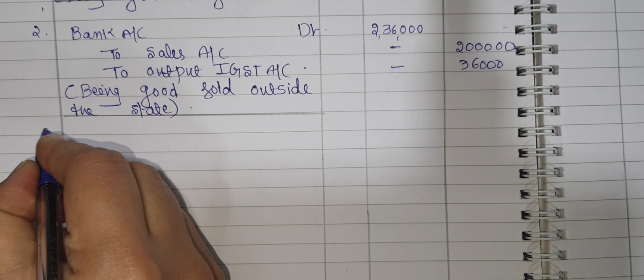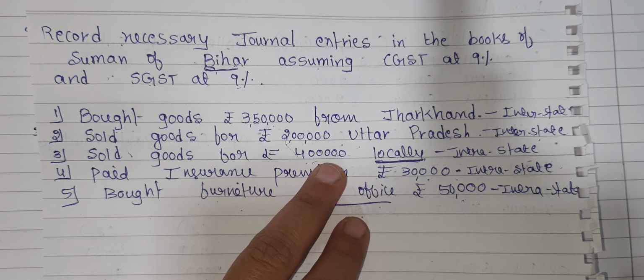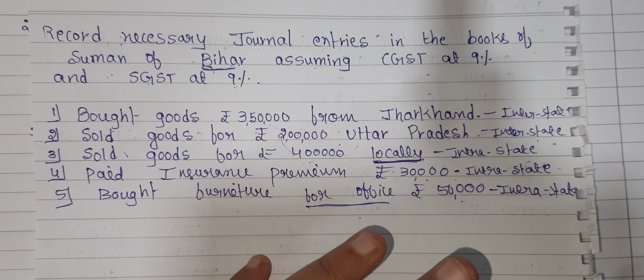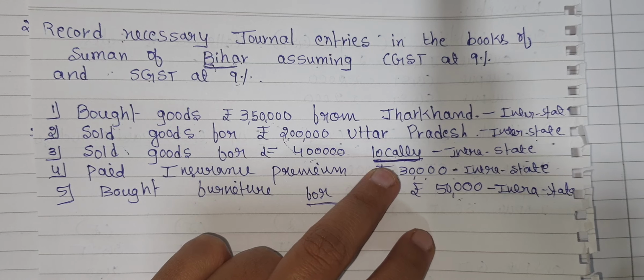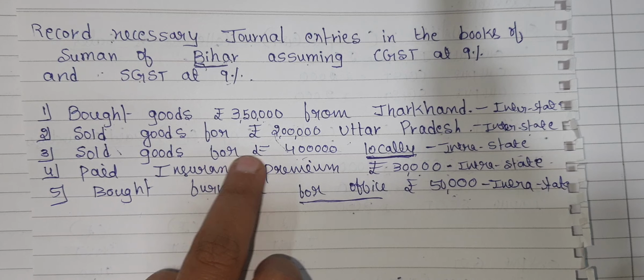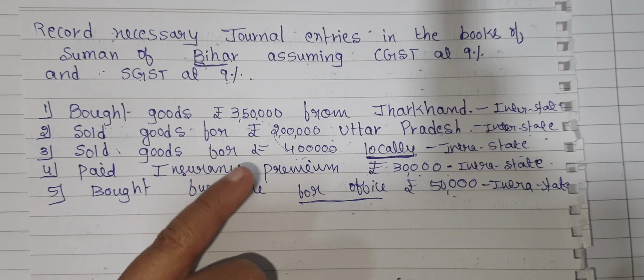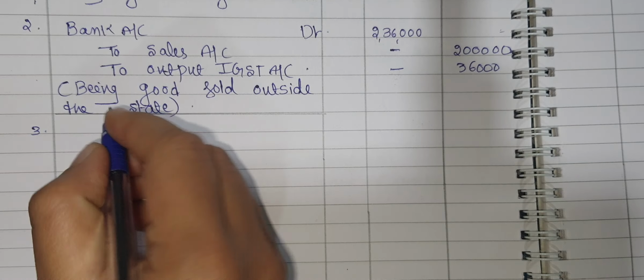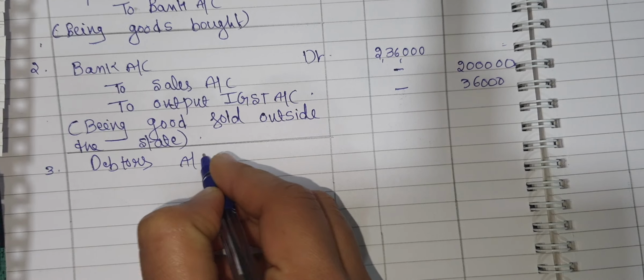Next one, third entry, that is sold goods for rupees 4 lakh locally. Rupees 4 lakh locally means what? Intrastate transactions. Sold goods for rupees 4 lakh locally, that is an intrastate transaction. Here we will assume the goods were sold on credit. So the entry is debtors account debit